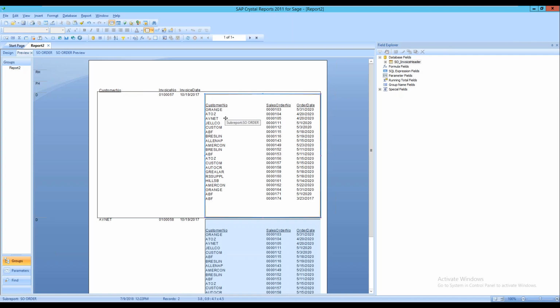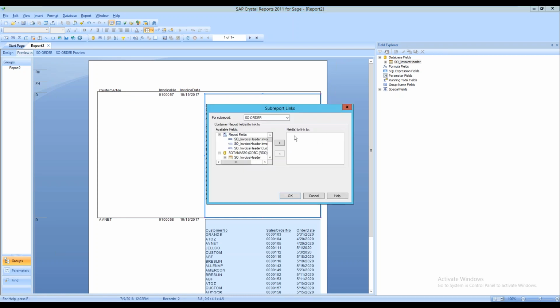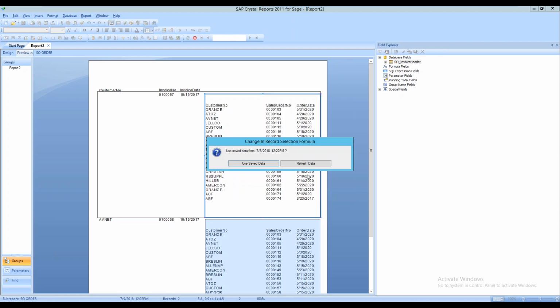So what we do now is we change the subreport link. You'll see here, if we right click, we can hit change subreport link. And we could say, okay, we want to link it based on customer number. So we want the two to match. I want my subreport to match my main report. Now if I do this,